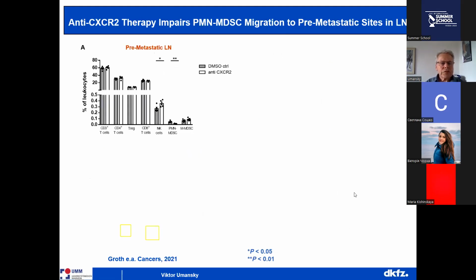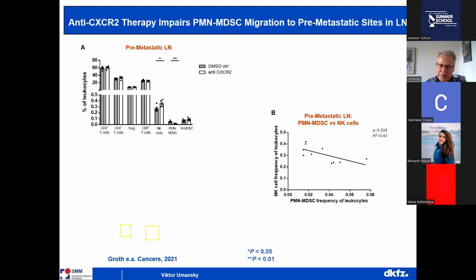Again, we wanted to look at the mechanism, and we found a decrease of PMN-MDSCs. This we looked at in pre-metastatic lymph nodes. So it's still before clinically visible metastasis developed, and again, there was accumulation of NK cells. So it seems that the accumulation of NK cells plays a principal role in blocking or reducing the development